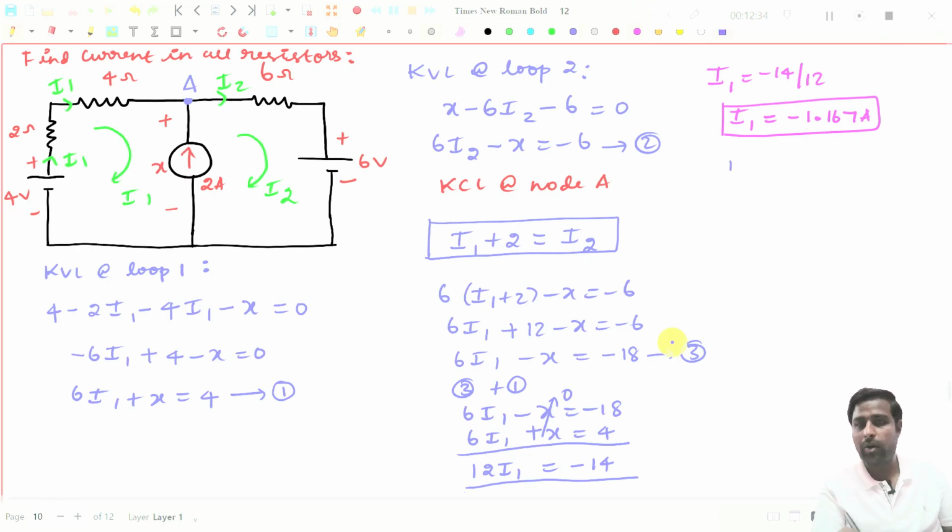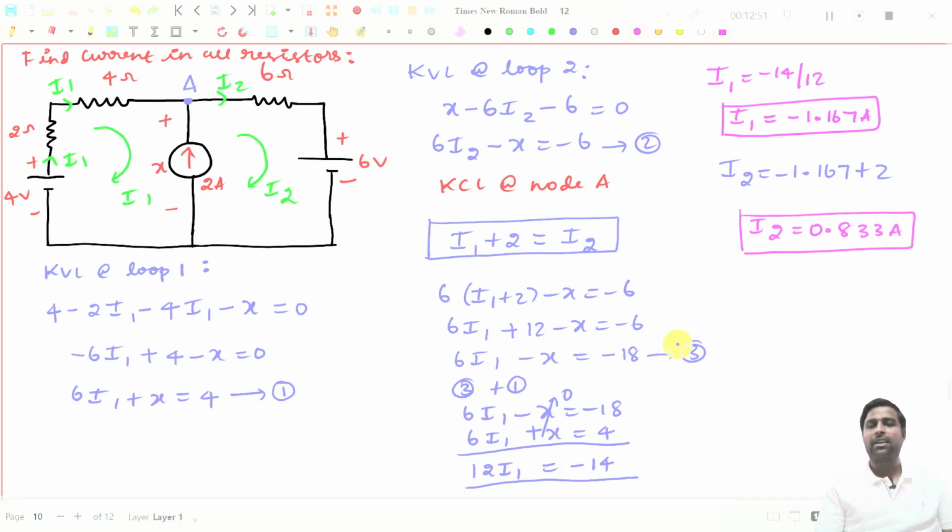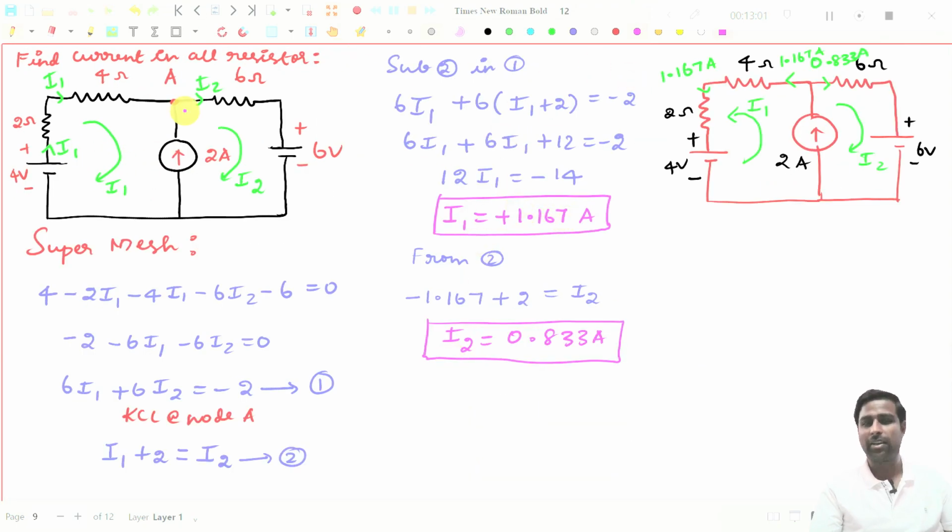So how you can write? I2 will be equal to what? I1, that is minus 1.167, plus 2. So what you will get for I2? I2 will be equal to 0.833 amperes. That's all right. Now this current direction is negative. So what you have to do, you have to reverse this direction. Everything whatever we have seen in the last problem, right? Whatever the answers we have got